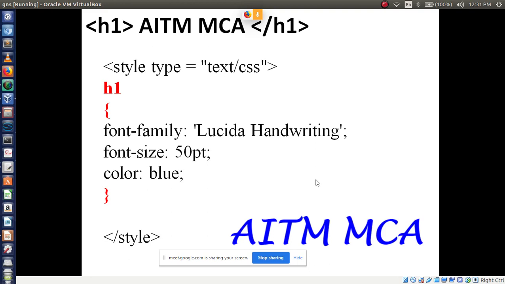You display AITM, with font size 60 and color name red. Write code for this using a document level style sheet, and write the whole code. Don't write only from style type. You can write full HTML from the beginning. You just display AITM. Use the p tag.